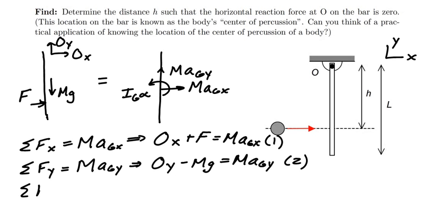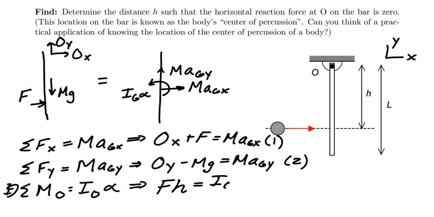I can also sum moments about point G and set that equal to I about G times alpha, or in this case, maybe easier to do is to sum moments about the fixed point O and set that equal to I about O times alpha. I can do this in a counterclockwise positive sense, and if I work this out, the only force that's going to contribute a moment about O is going to be the force F, and we know that's going to create a positive moment with the distance associated with it of h,